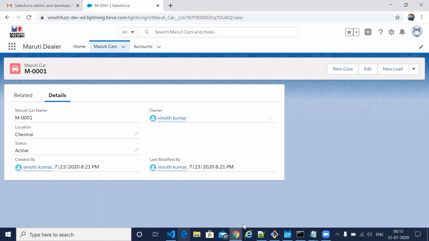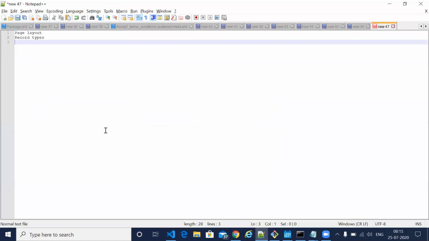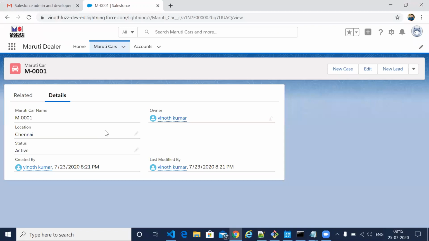One more thing you can do is, with record type, you can control the pick list field. Different companies follow their own sales process. Let's say whenever a customer comes in, they will first make them a prospect, then change them to a potential customer, which is a different pick list value.